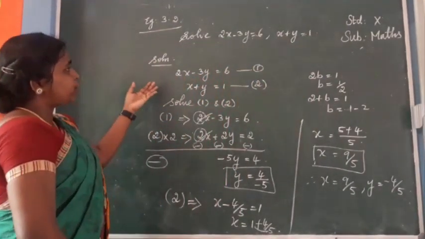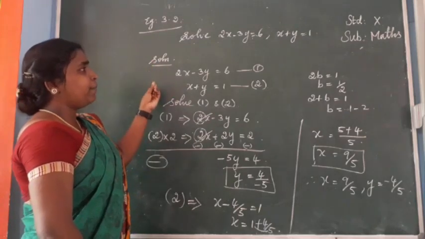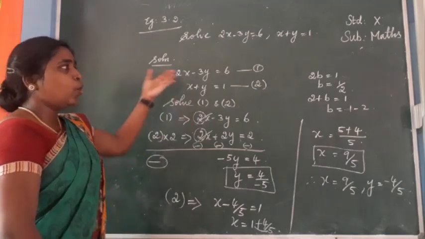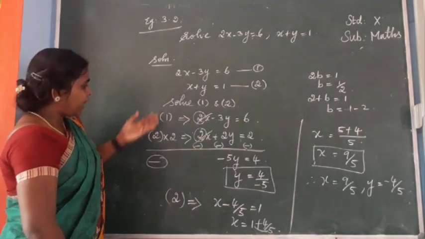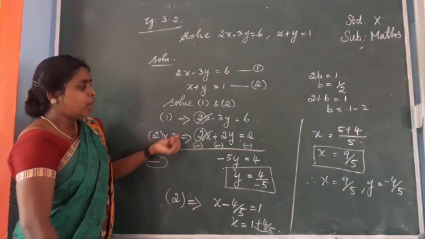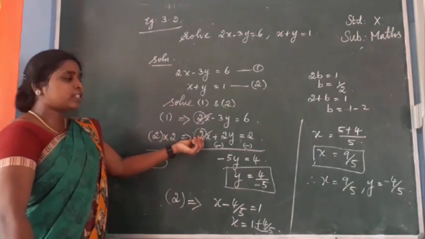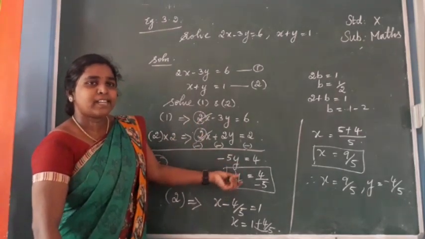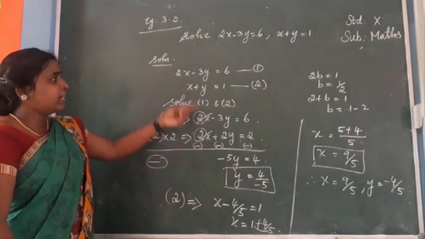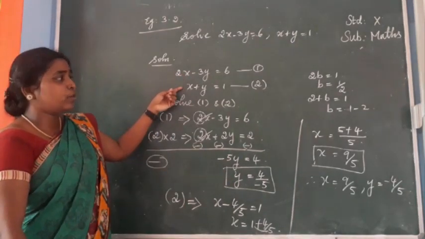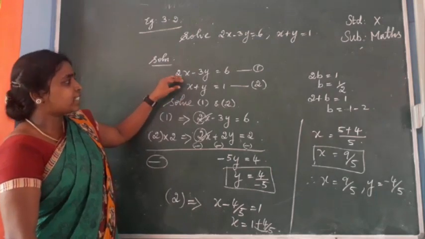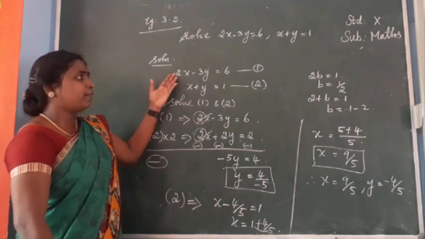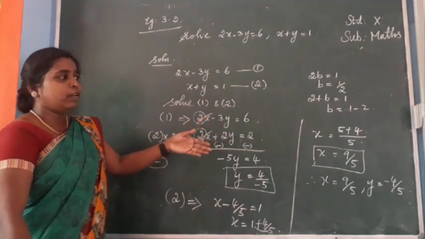So we are going to use the elimination method. For the elimination method, we need the coefficient of any one variable to be the same, then only we can eliminate one variable. So for that, I multiply the second equation by 2. I got the same coefficient, 2x and 2x. Next I subtracted and got the y value. After getting the y value, you have to substitute the value in any one of equation 1 or 2. So I substituted in the second equation because that second equation is simple. If you use the first equation also, you get the same answer. Okay.